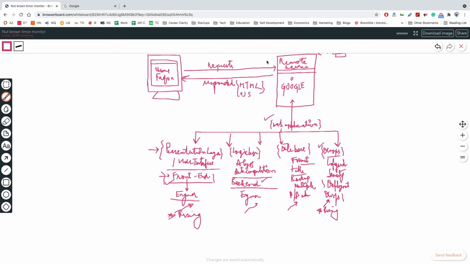When the request comes, it goes to the web application running on the Google remote server, and the presentation layer is created after logic is applied, and maybe some kind of translation happens with the database, and DevOps is also involved, because all the management and configuration of the server is done by DevOps. Each of these components translates to a different role in the web development space. Next we'll start with HTML and CSS, the presentation layer of a web application.